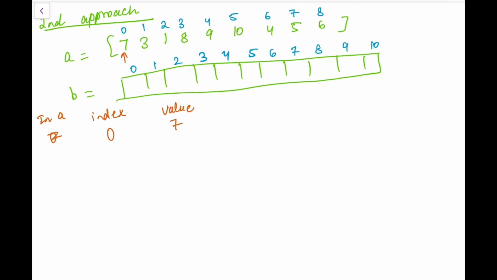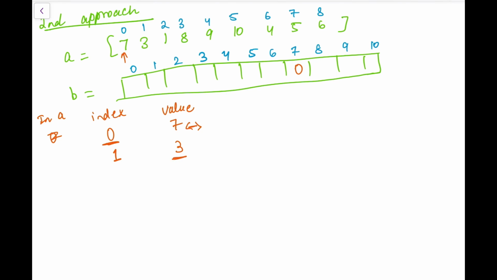At index 1 we have 3, and so on and so forth. My idea is that whatever my value was in A will be my index in B. So at index 7 in B I'll have the value that was the index in A, which is 0.